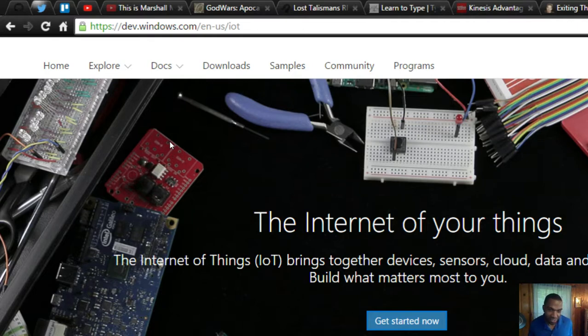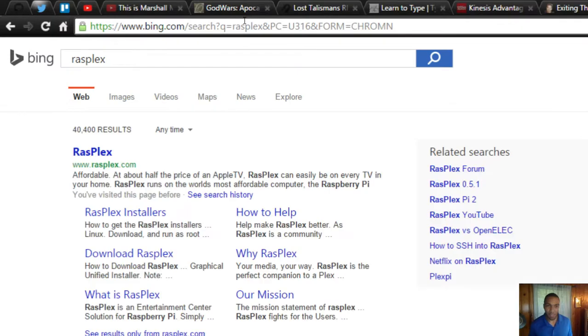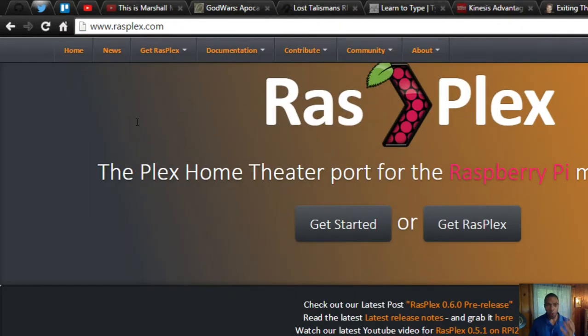So that to me is actually really, really neat, especially if you look at what's happened in the Raspberry Pi space as far as things like Rasplex, right? So all you're doing is saying, hey, my Raspberry Pi is just going to do this one thing. It's just going to run Plex for me. And it's going to do it really, really well for $35.